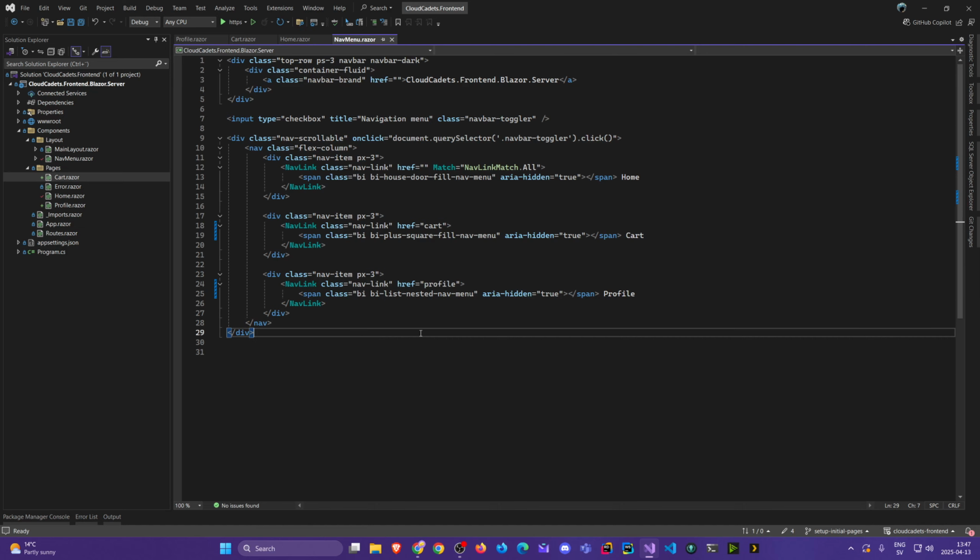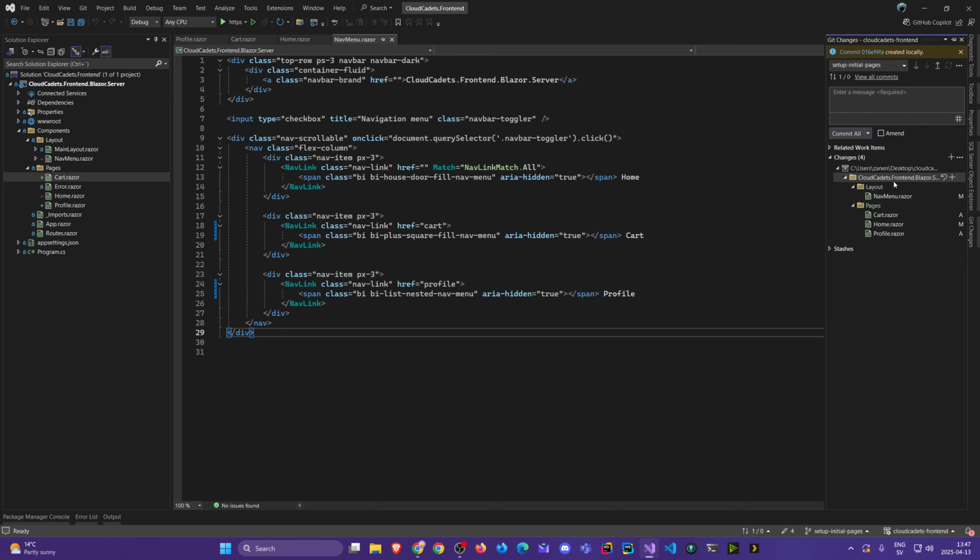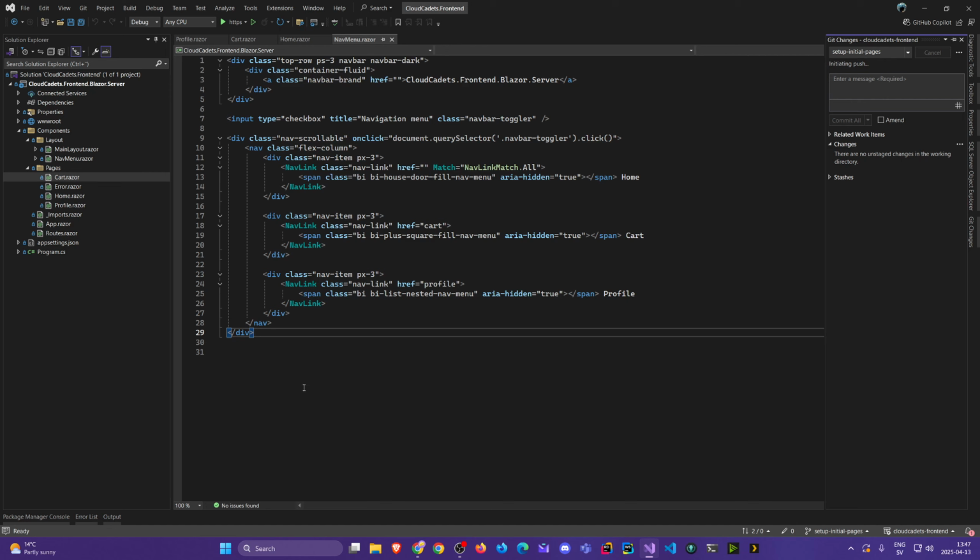and this. And now we could come to the git changes here. And all of these changes are automatically added. So add initial pages and set up navigation. Commit. Right, and now we might want to push this to our remote repository. So we can click this push button here. And while it's doing that,